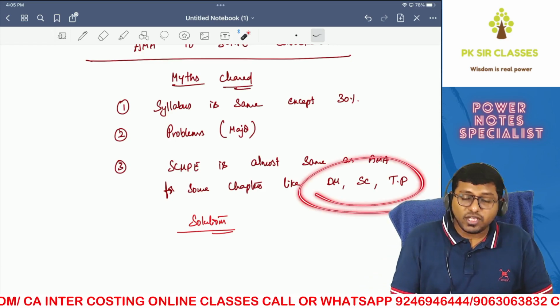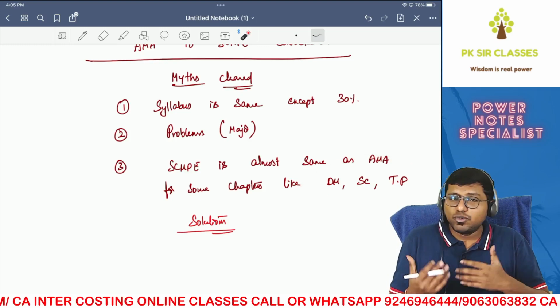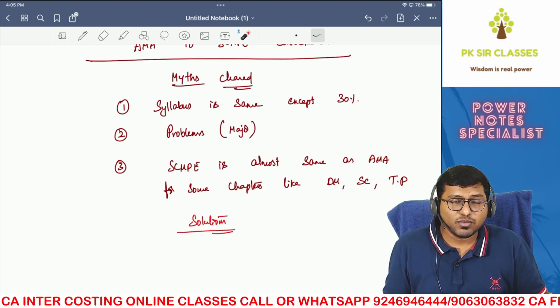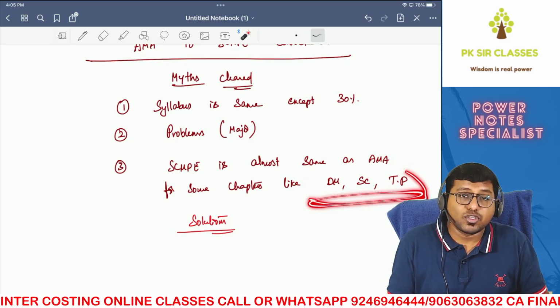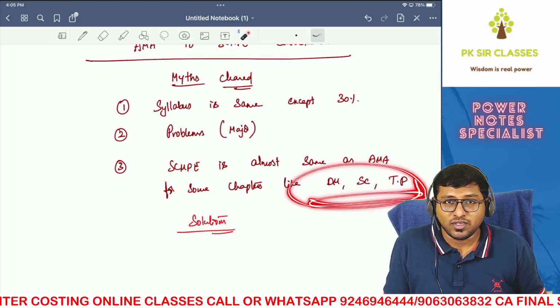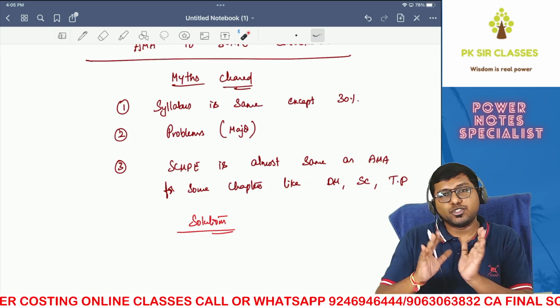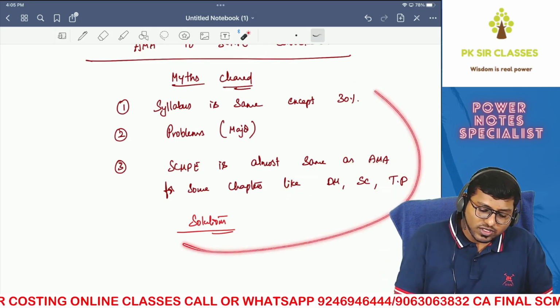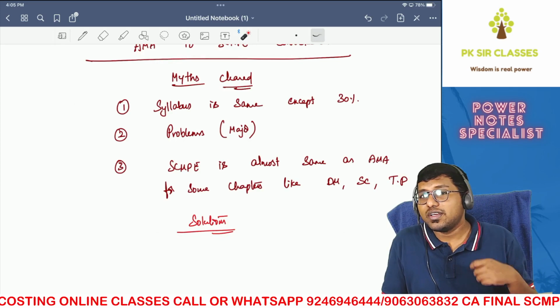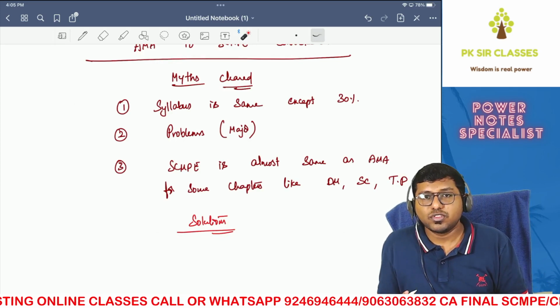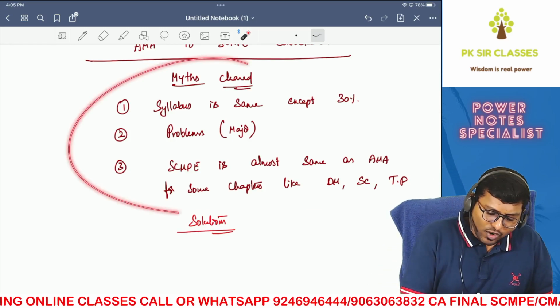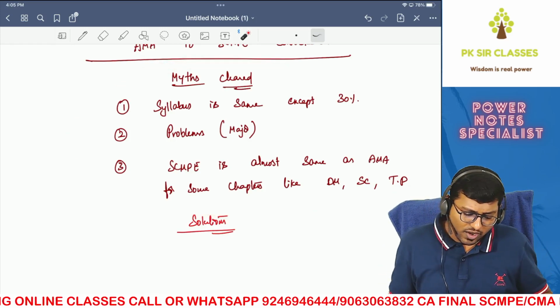So even though the chapter names seem to be the same, my dear old syllabus students who have converted to the new syllabus, don't fall for the trap. There is a lot new that you have to learn, or at least your perception of learning should change completely. So now this is more like an application oriented theoretical paper rather than a problematic paper, which was the AMA. Got it? I hope I have cleared most of your doubts. Now coming on to the solution.